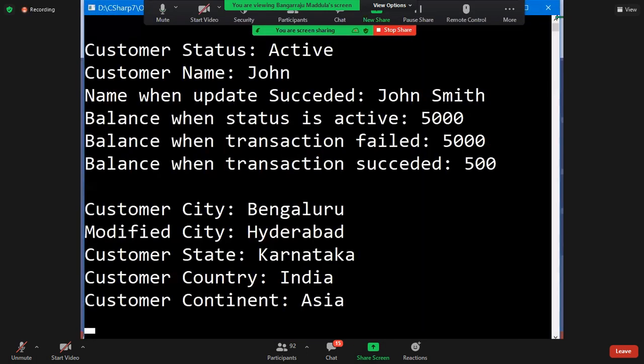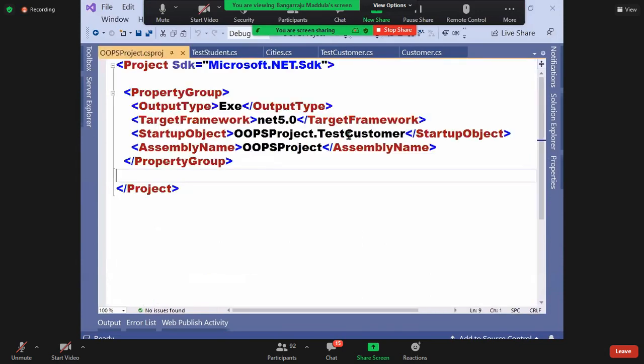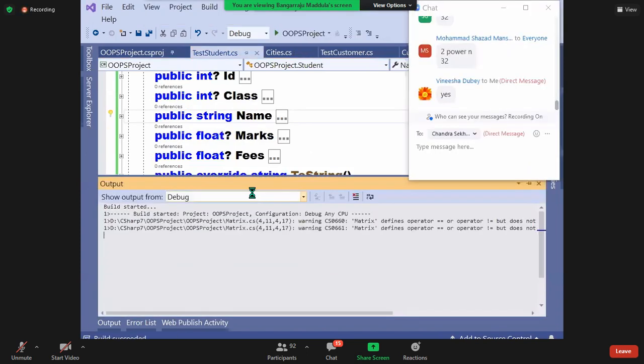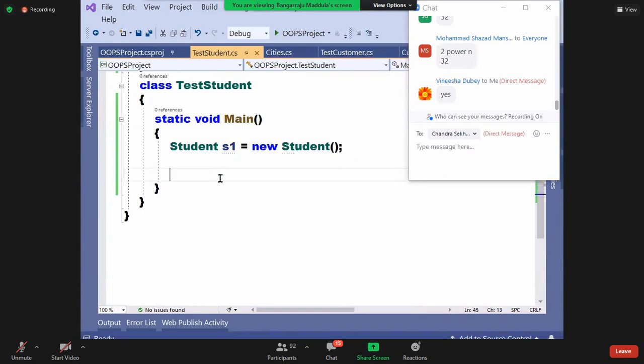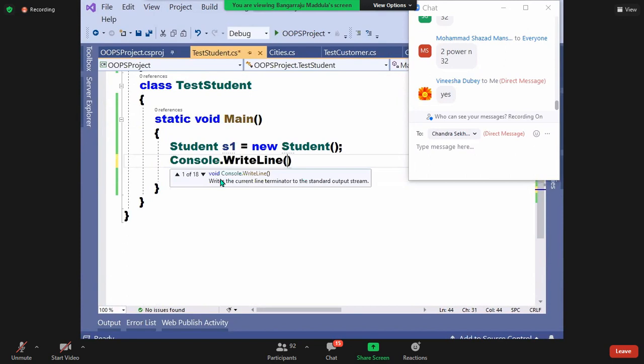Oh, I did not set the startup object. Read line is missing. Oh, print is missing first. Console dot write line S1 and console dot read line.